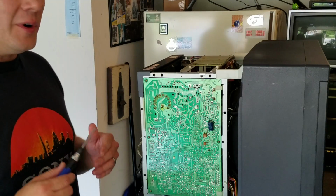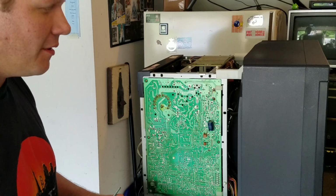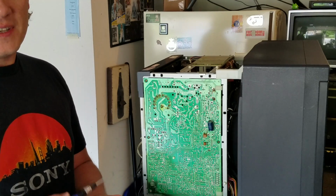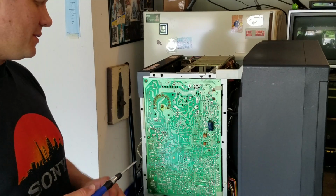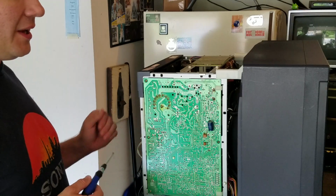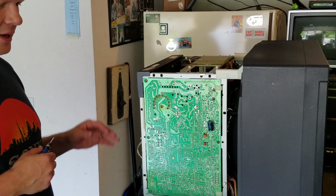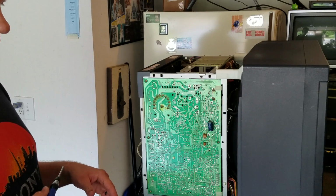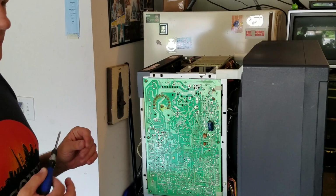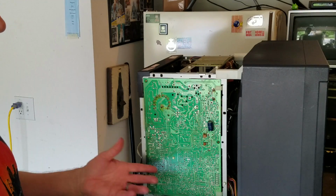As you can see here, we're already going to get started working on the calibrations. And the first thing we're going to do is get the monitor ready for the yoke adjustment. So I've already got my inputs put in, but I haven't made any adjustments yet. The monitor itself is plugged in because I need to see what it looks like, and then I'll make my adjustment and whatnot. But we're going to start over here on this board on this side, which also has our